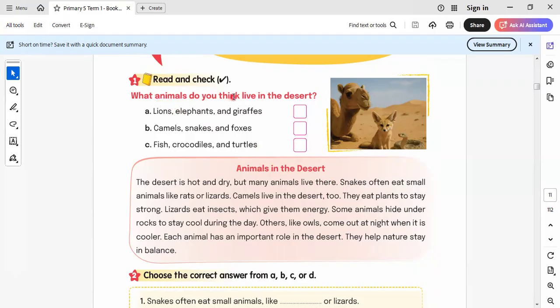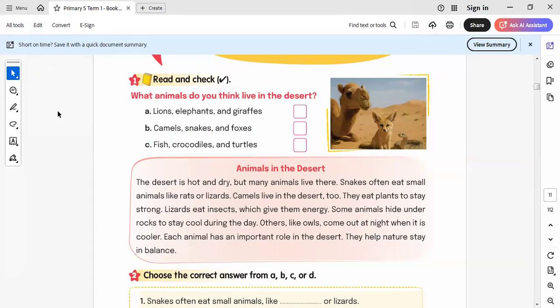Here we have, what animals do you think live in the desert? Here we have animals, and we can guess with each other. We give you a question to guess and make up your mind. What are the animals of the desert? I am listening. You say, Miss Iman, camels. I'm saying, Miss Iman, fennec fox. We took the fennec fox in grade 4, I think, in science. Snakes. So these are the animals of the desert. So I select this one. This is wrong and this is wrong. So the correct answer is camels, snakes, and foxes, especially the fennec fox.